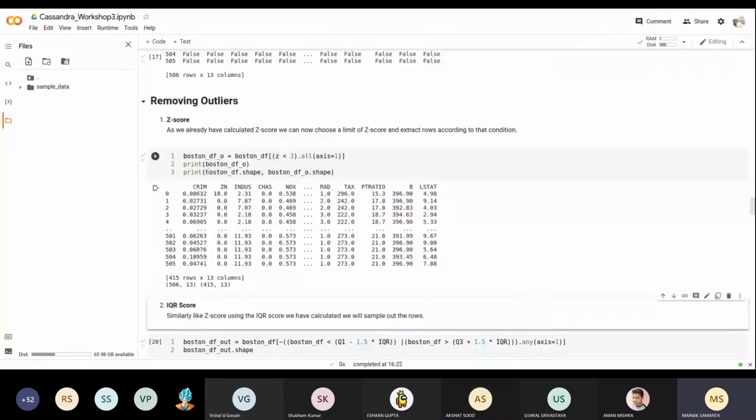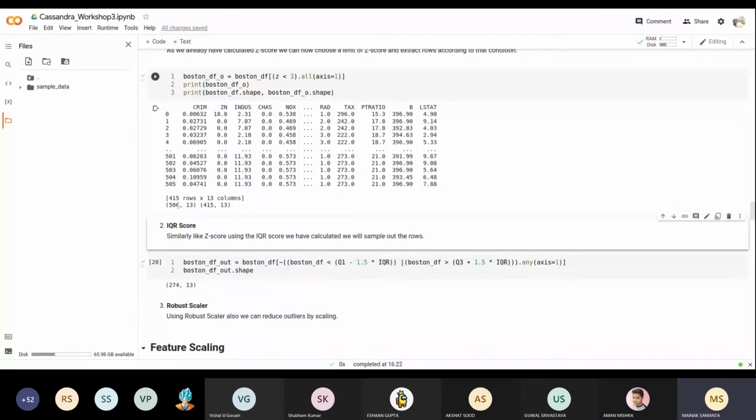Here I have printed the actual Boston dataset shape and the dataset shape after sampling out the rows. You can see here it is 506, 13, and here it is 415, 13. So around 90 plus rows have been removed.